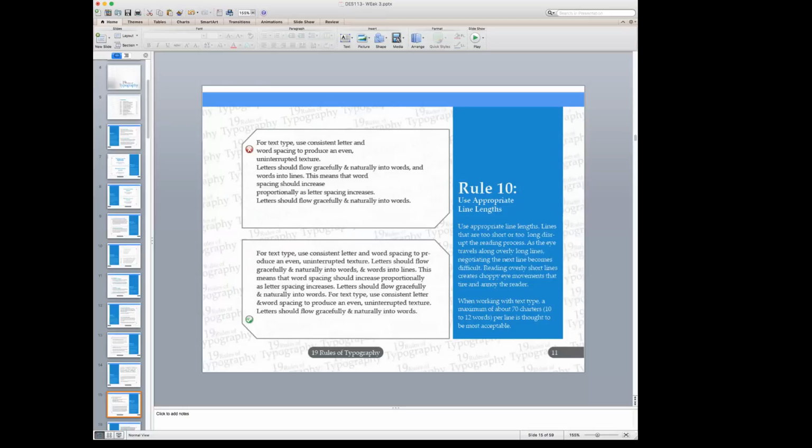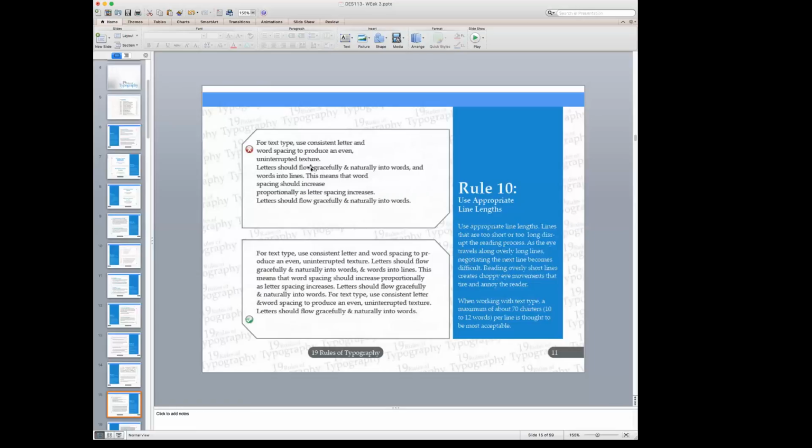As the eye travels along overly long lines, negotiating the next line becomes very difficult. Reading overly short lines also creates choppy eye movements that make you tired and can get really annoying as the reader. So when working with text type, a maximum of about 70 characters, that's about 10 to 12 words per line, is thought to be the most acceptable.